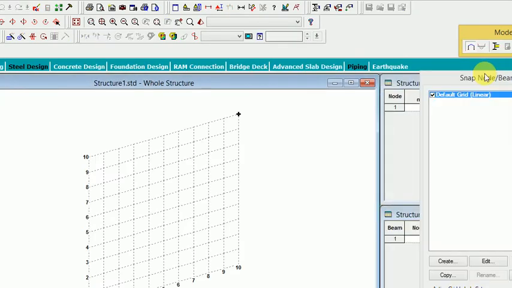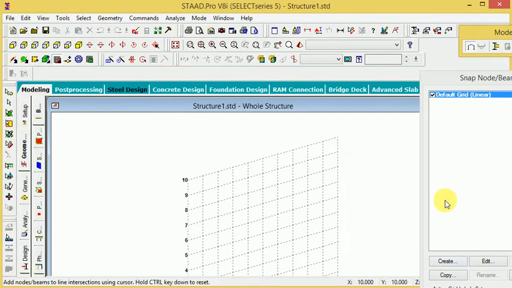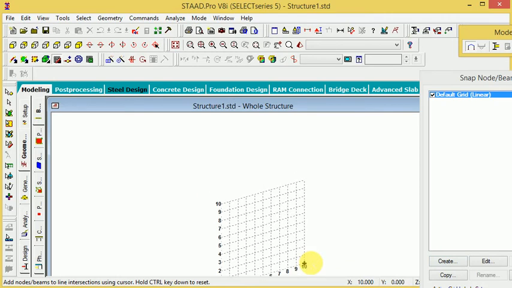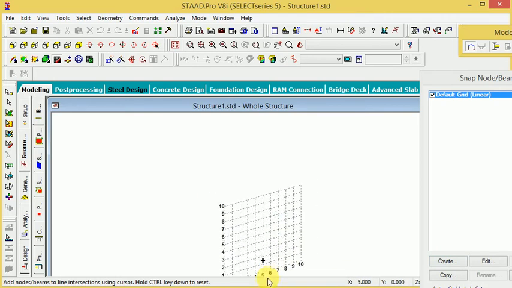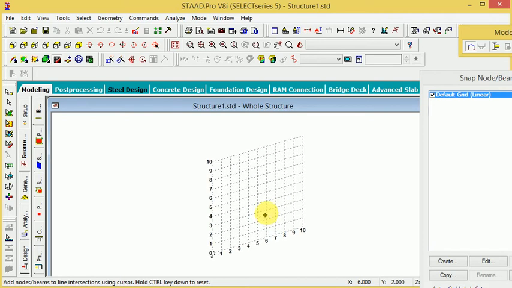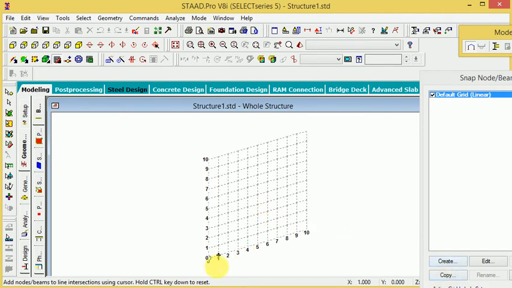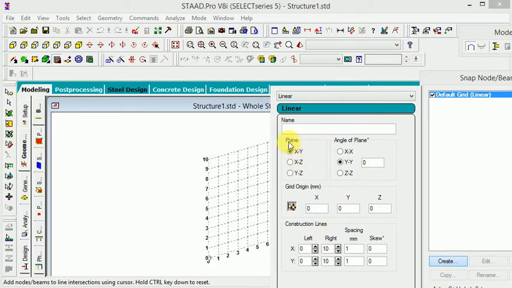Now here we come to the page, right, and on the side this is the snap, here the snap is created, and this is the grid, right. First of all, I will define the grid. This is the calculation in mm because I have selected mm. So this node, 0.1345, and create the node. So this defines the linear nodes.